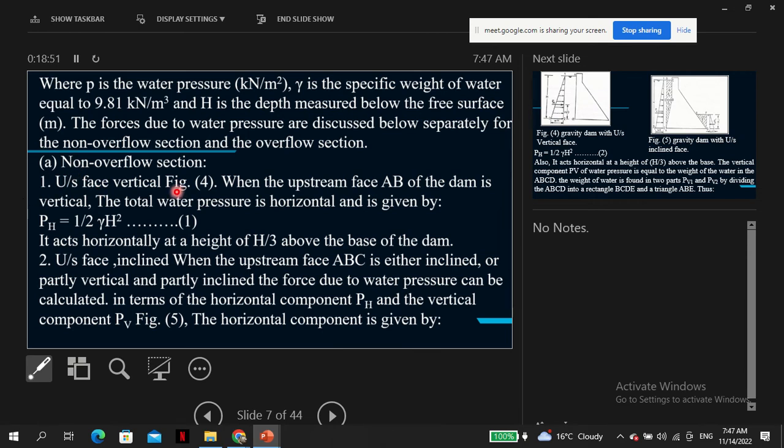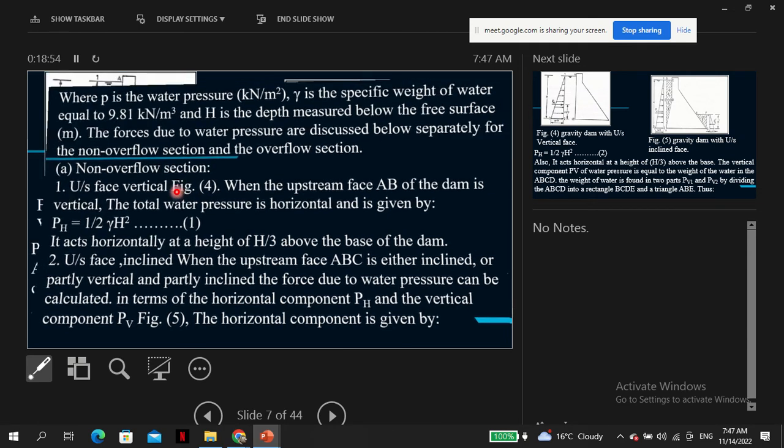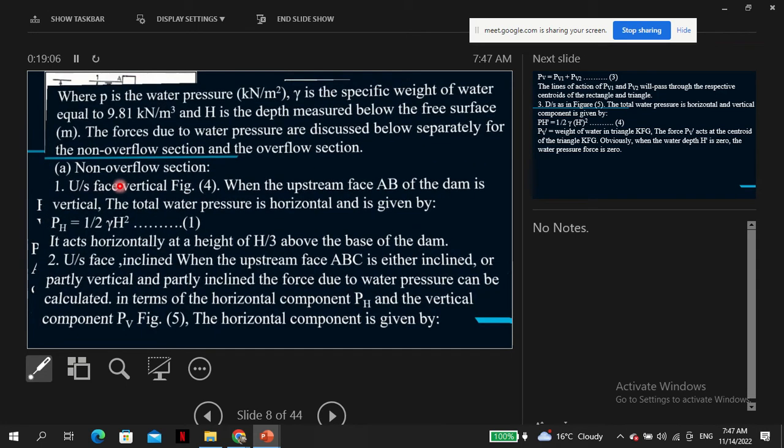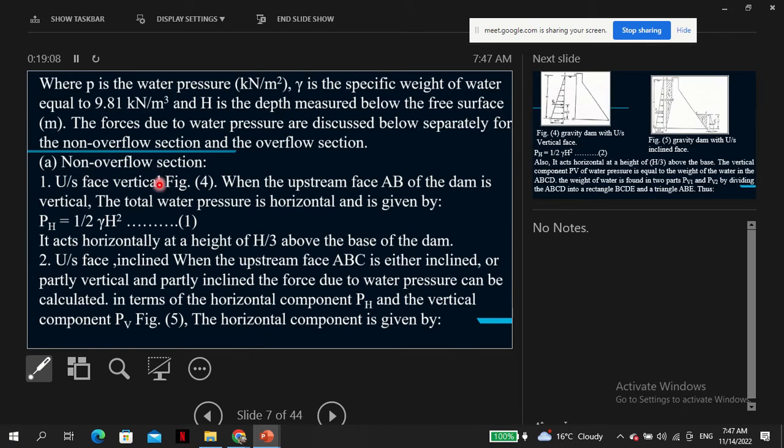So on the upstream face vertical, figure 4. So we see the figure first. Here they were talking about the upstream. Upstream will be referring to this face AB, and then downstream the opposite side. So let that be clear. On the upstream face, the face AB of the dam is vertical. The total pressure is horizontal and is given by